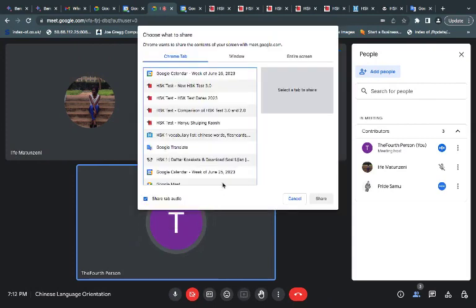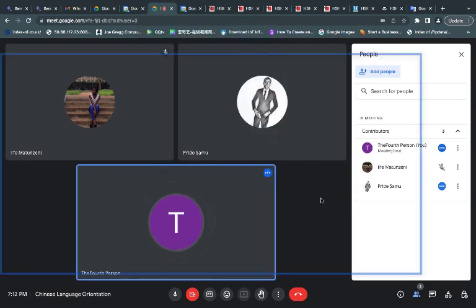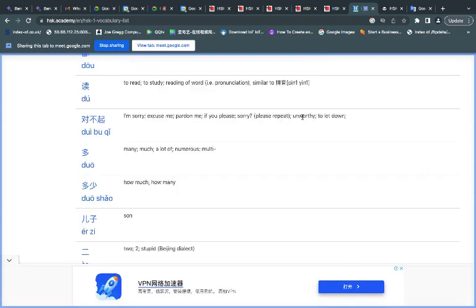It's an orientation, so it's like we're saying you never studied Chinese before, and you want to start learning Chinese, right? So this is like the starting point where you see what it is that you need to learn in Chinese, right? And a bunch of it is just the words, a list of words, like you see over here.